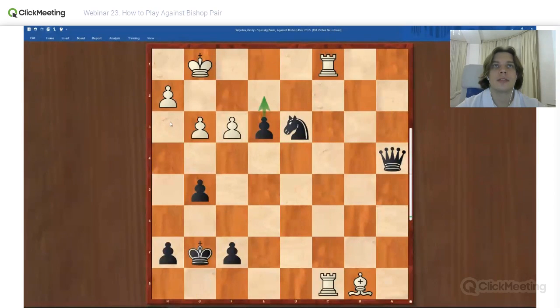Check. And you see, there is not much that he can do. We are threatening with e2. Bishop e5 cannot be played. Our knight's position on d3 is ideal here. That's why maybe the only thing he can do is to play this move. But unfortunately, it doesn't work, at least because we can play e2 right now. However, he plays this move first, king g2, and then just knight e1.